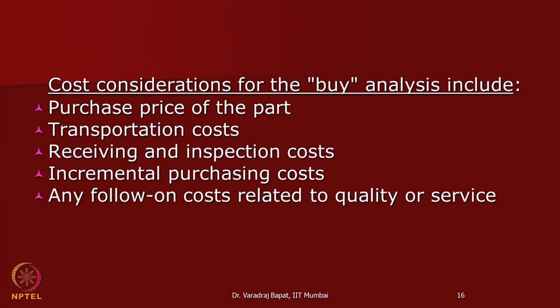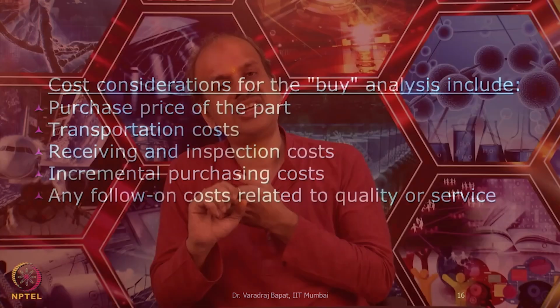Please look into the cost aspects. One is of course the purchase price, but apart from purchase price, transportation, receiving and inspection costs, incremental purchasing costs, any follow up cost because of quality or service issues, these factors will be considered. So we will take the total of buy related costs and the total of make related costs, and then